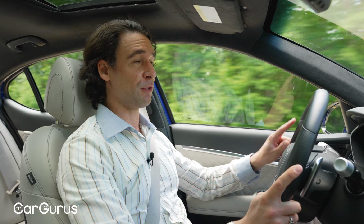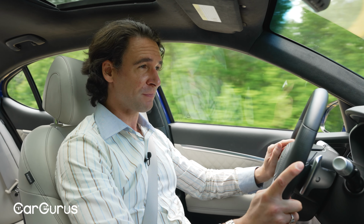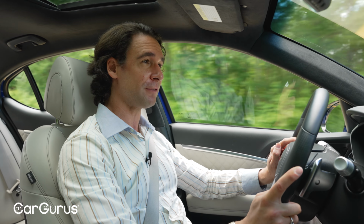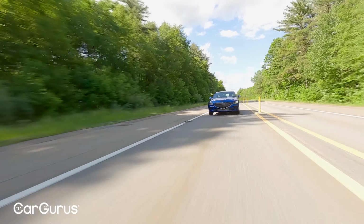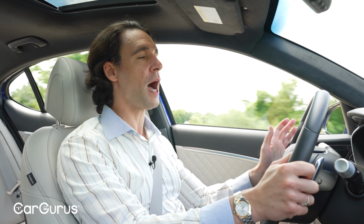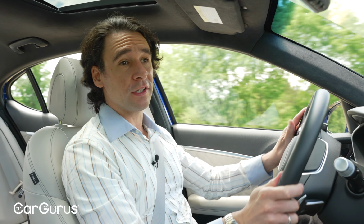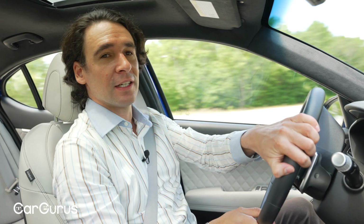The only issue is that when you activate Sport Plus, it deactivates part of the stability control. And this car is already quite a bit of a handful when you're turning and accelerating, so I wish there was an option to leave everything on. On the road, on the highway, the ride is definitely more brittle than other cars in the class, but around turns,